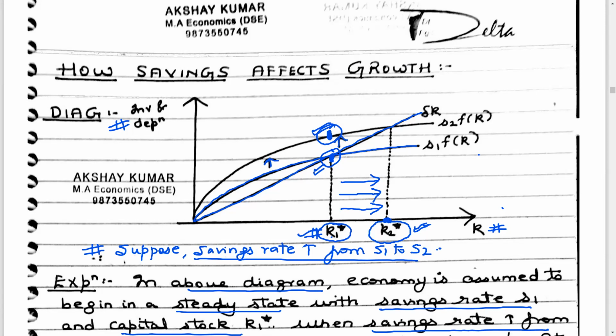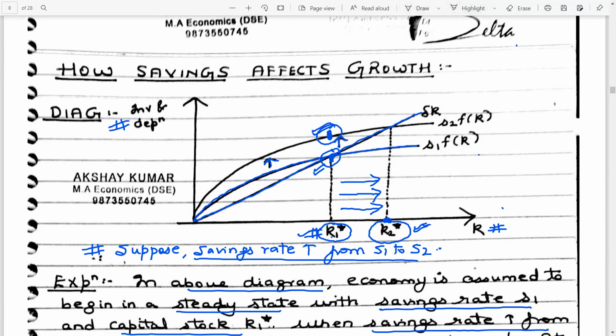So can we say that savings in the Solow economy can permanently lead to growth? No. In the Solow economy, savings cannot permanently cause growth of output and capital stock per worker. Savings can only cause growth temporarily when you are in the transition phase from the initial steady state to the new steady state. But the moment you reach the new steady state, growth stops. So savings in the Solow economy will only cause a level effect.